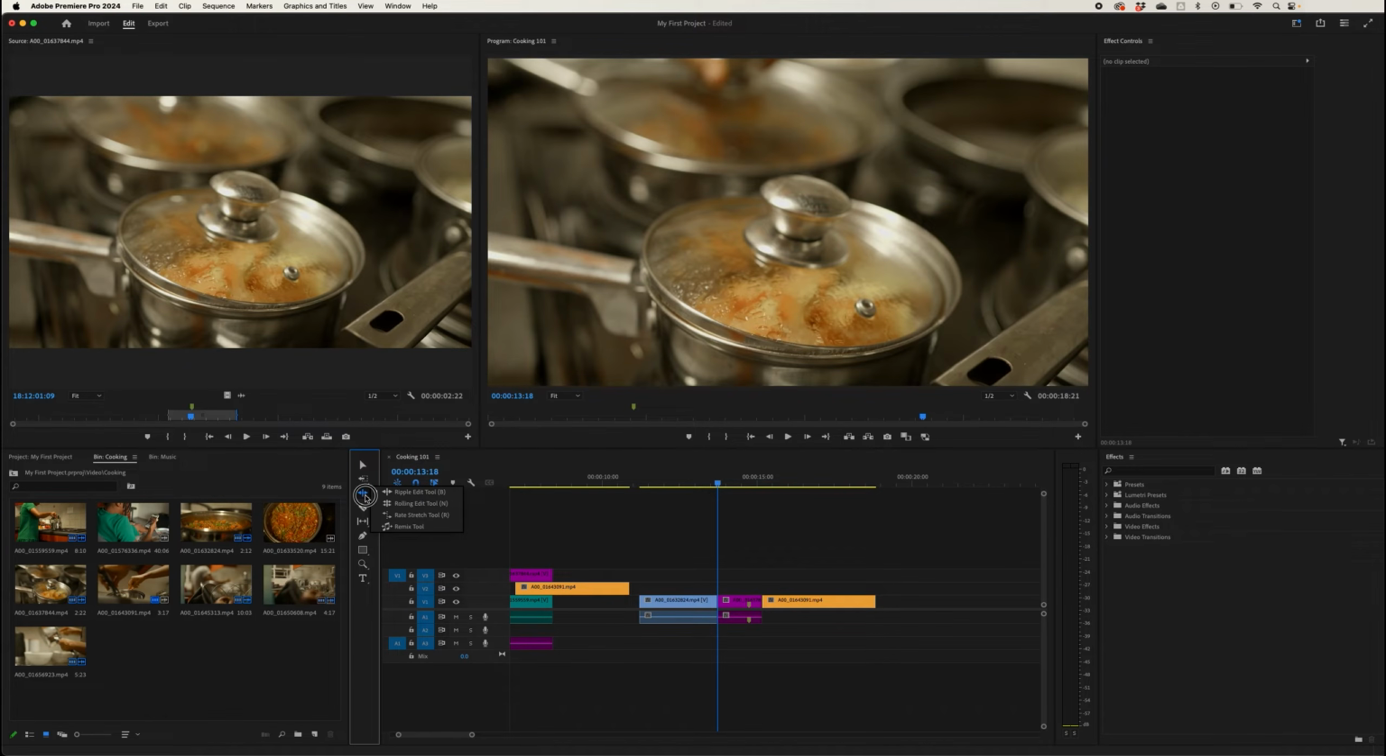And then if you long press on the ripple edit tool, there are 3 other tools that you find there. The first one is the rolling edit tool. This allows you to roll the edit between 2 clips. It trims the in point of one and the out point of the other, while leaving the combined duration of